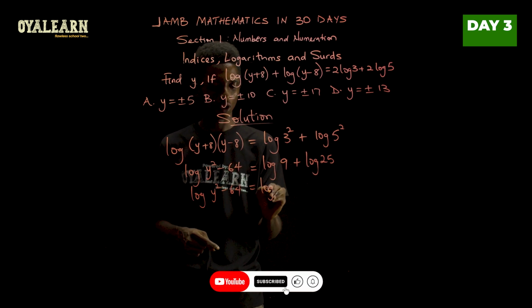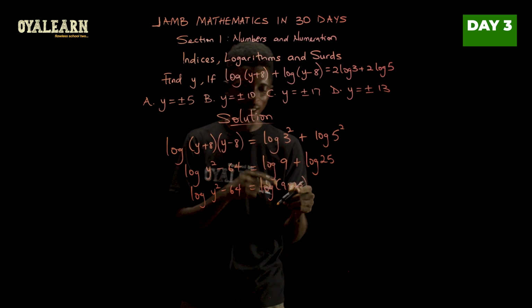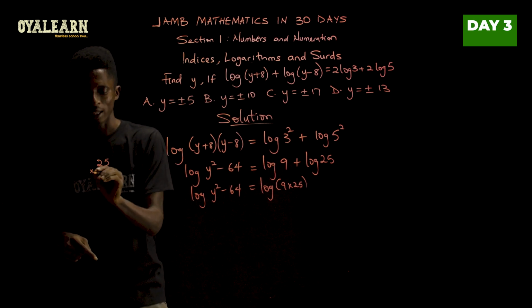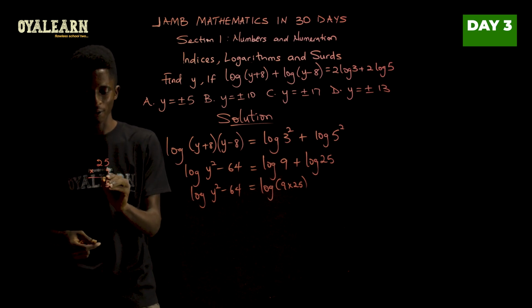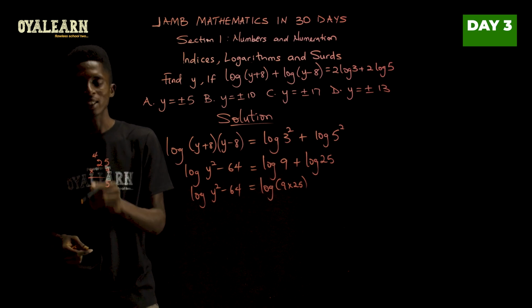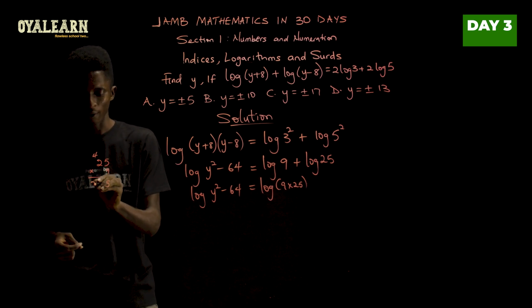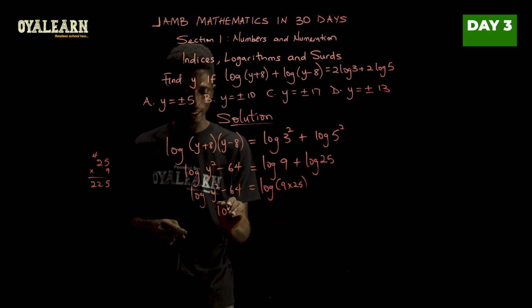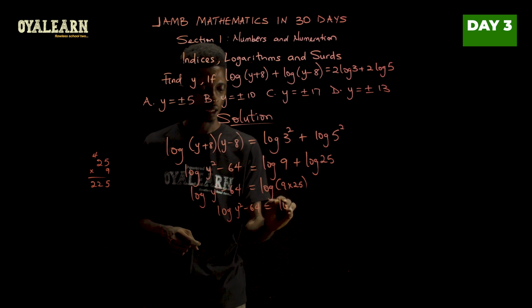So log of 9 times 25. Now let's find this here. So 25 times 9. 9 times 5 is 45, so 5 carry the 4. 9 times 2 is 18. 18 plus 4, and we have 22. So that's 225. So therefore, we can say log of y squared minus 64 equals log